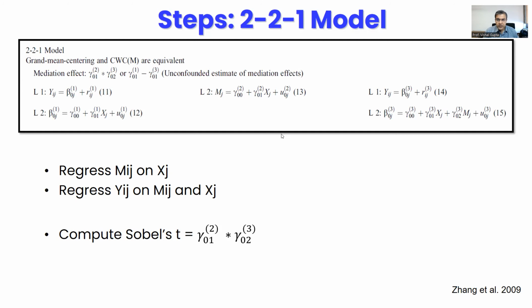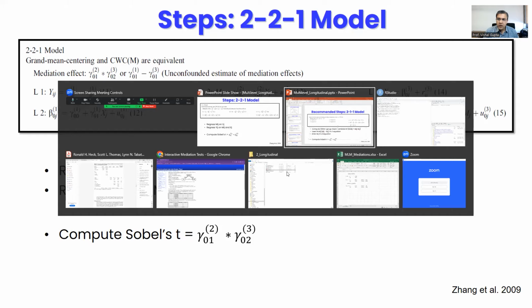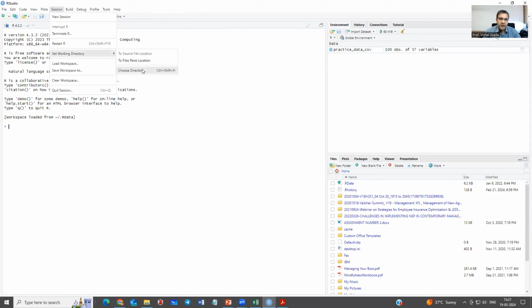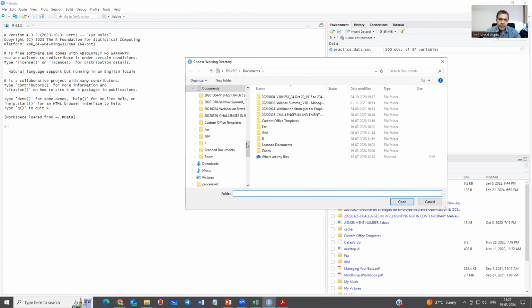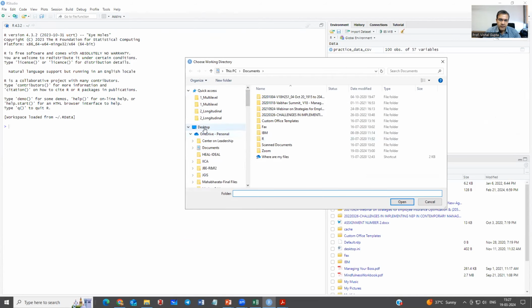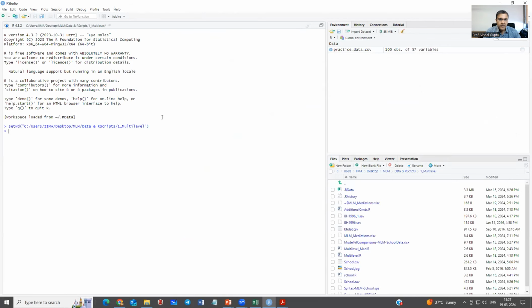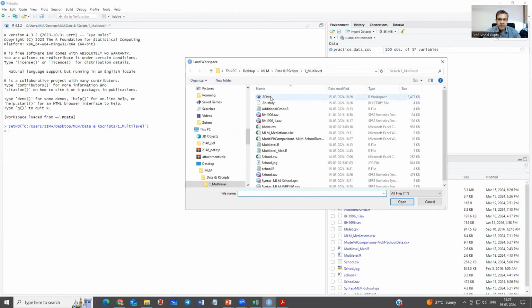Okay, so let us go ahead and do this now in R. Let us see how we run this in R. We will start our R, and the first thing I am going to do is set my working directory. We have done this many times now, so we will set it to multi-level. Next I will load my workspace,